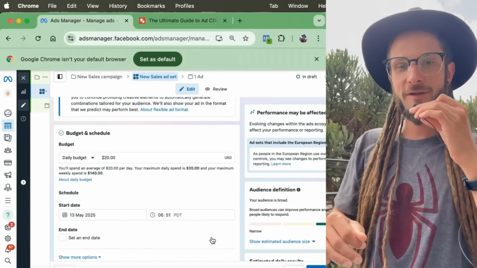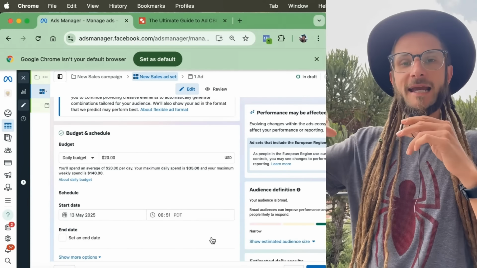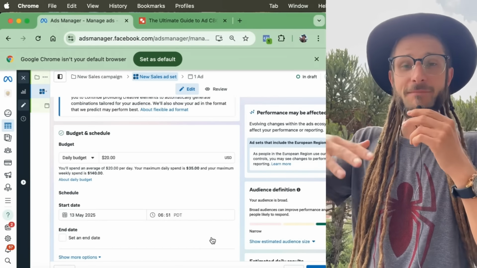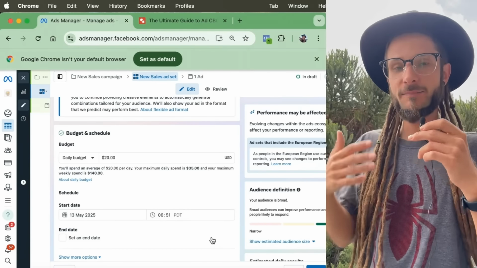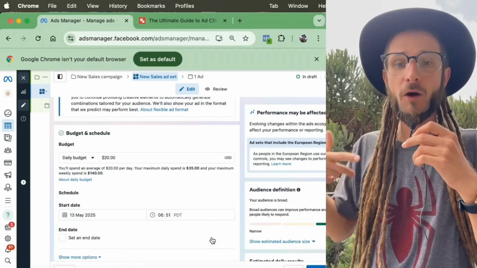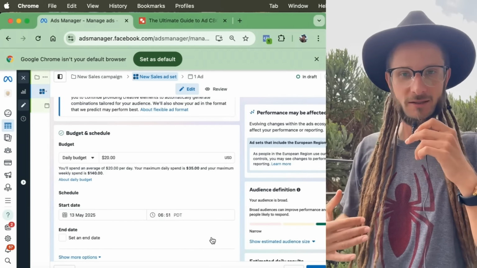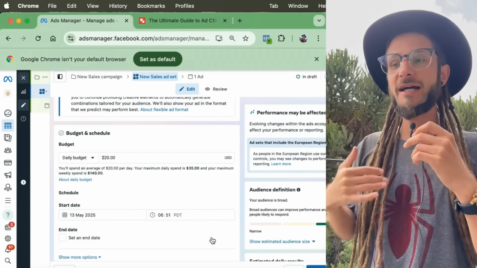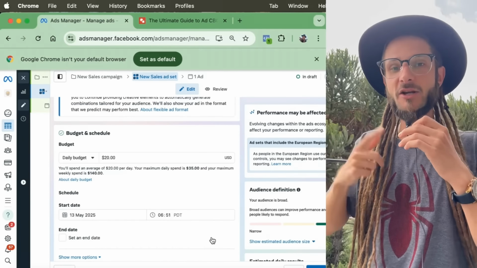And the other big con here, guys, is that Meta is still allocating budget to every single ad. You need to manually go in and disable the underperformers, okay, because it's automatically going to still carry on spending on the ads that aren't working, okay? It's distributing the budget evenly. So if you know that an ad isn't working, then go into the ad manager every single day and disable